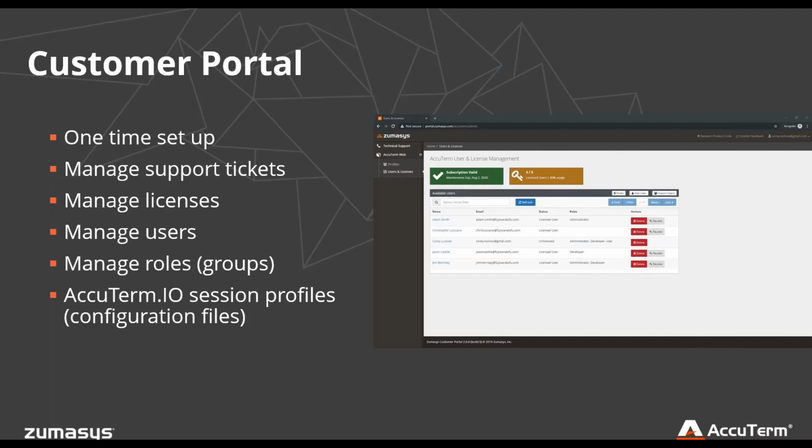So the AccuTerm profiles that are referenced here in the customer portal, those are basically the same as the configuration files, the .atcf or .atsp files that you use in the desktop version of AccuTerm. And eventually we'll be able to import those from the desktop into the portal. It's not ready yet, but that's in the works.